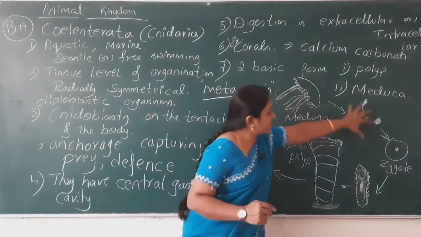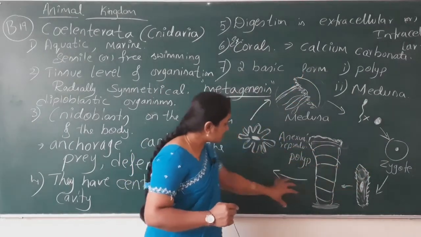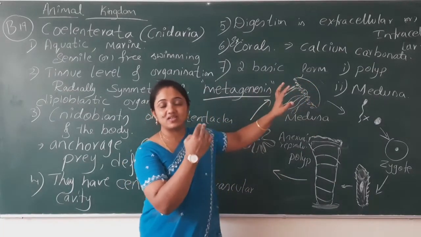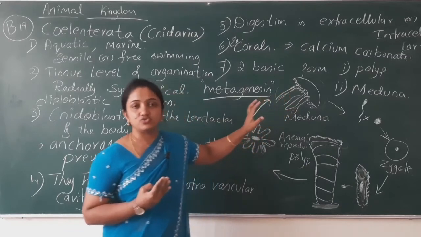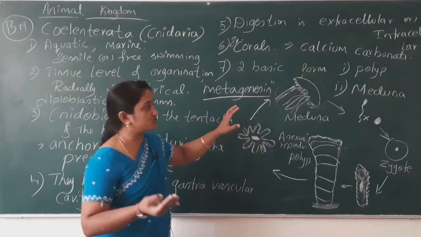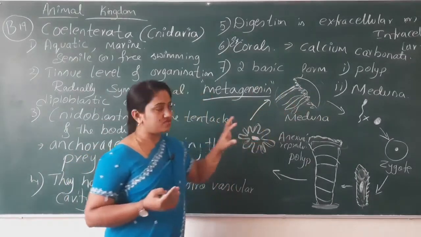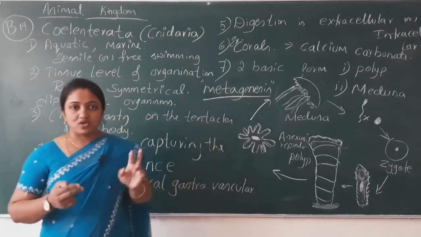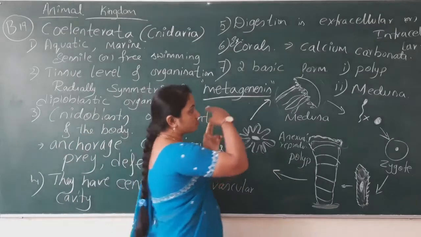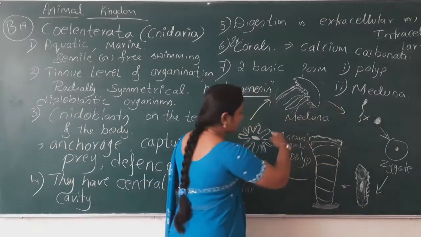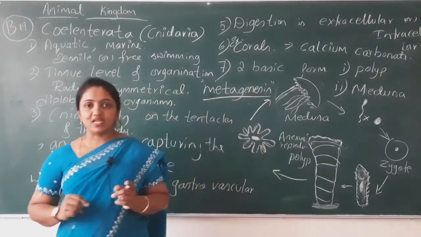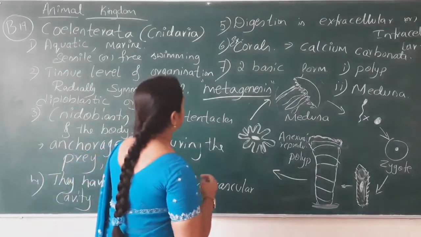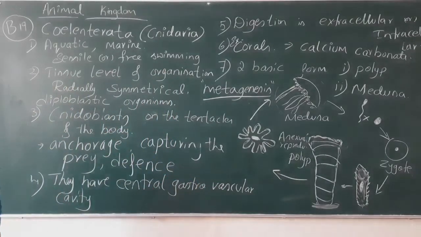One after the other, alternatively, it is going to produce a new life. It is known as metagenesis. Here we can see both sexual and asexual types of reproduction. Some of them are hermaphrodite. Okay, now next is